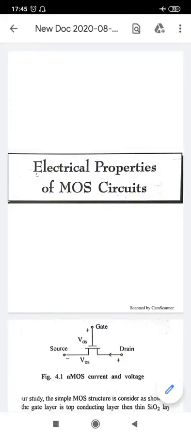Hello students, today I will take up the topic of the electrical properties of MOS circuits. MOS is basically metal oxide semiconductor circuits. In VLSI, electrical current and voltages are the most important